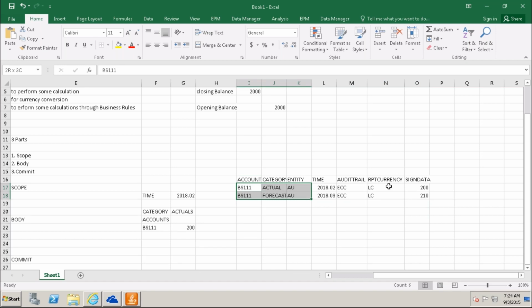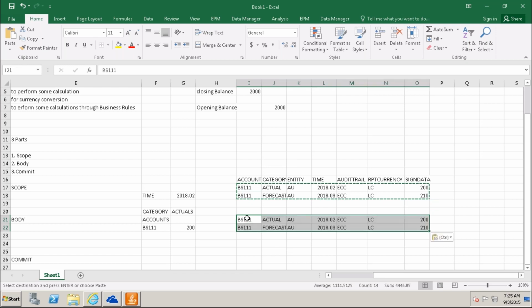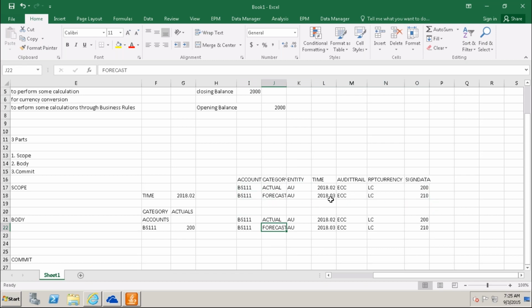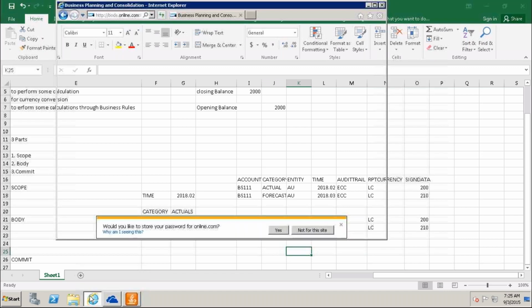This is a simple script logic I will give you, then we will go one by one. The same actual I will write into forecast, and time also is not an issue, we will write the same thing. I'll go to my admin.